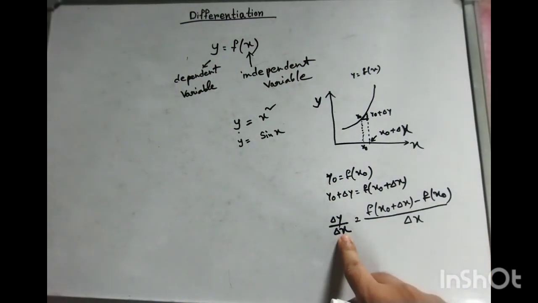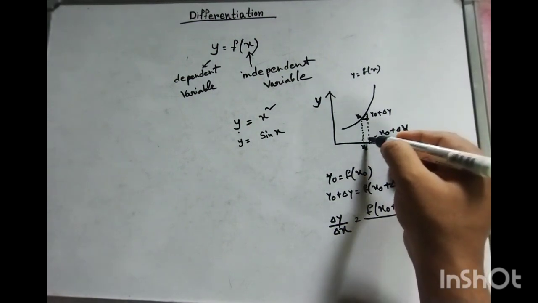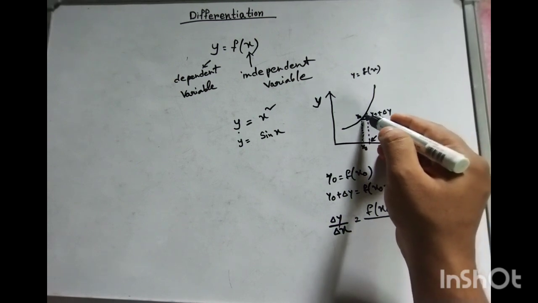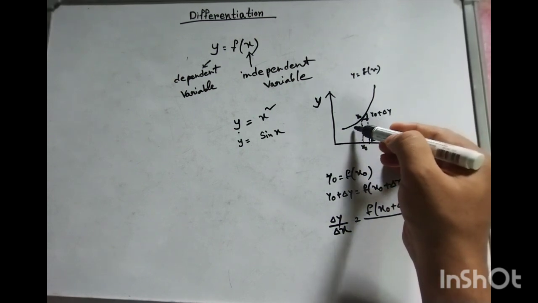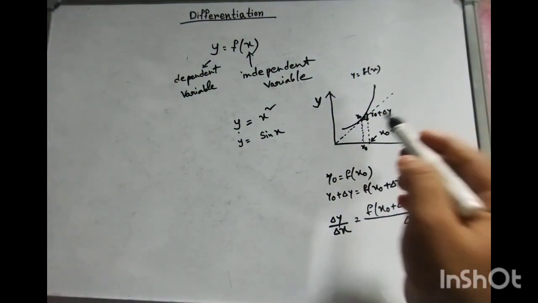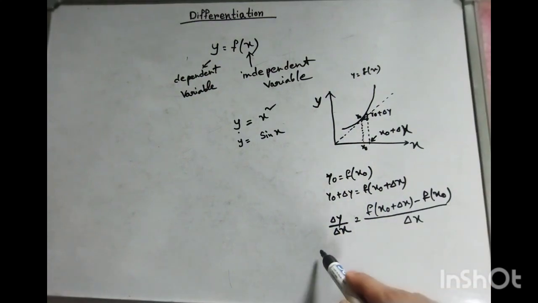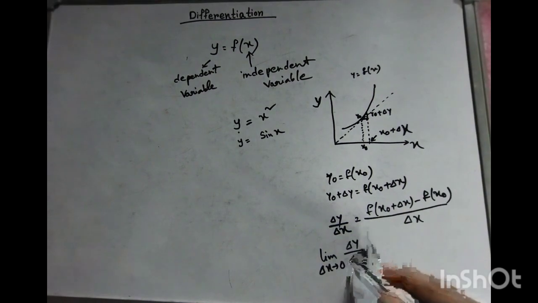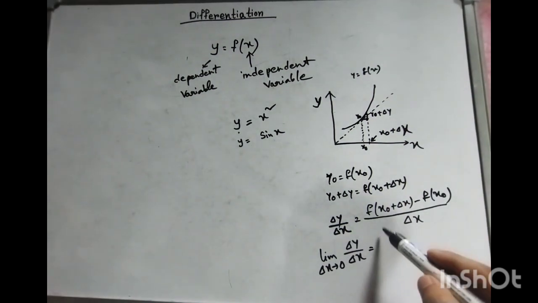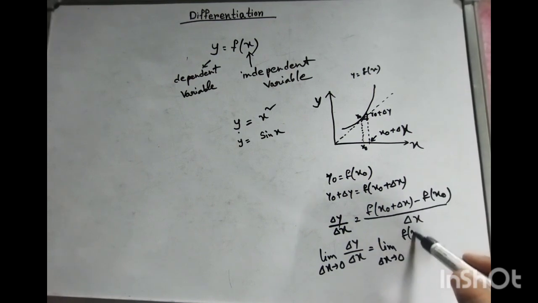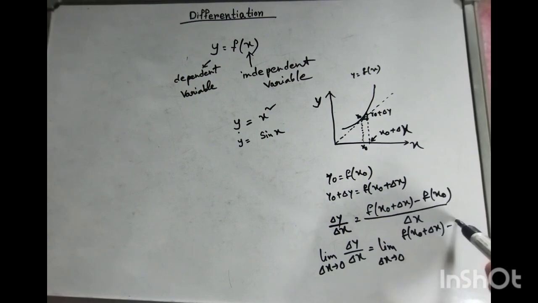Now the concept is, if you make this delta x smaller and smaller, then this slope will be equal to the tangent at this point. So limit delta x tends to 0, delta y by delta x will be limit delta x tends to 0, f of x naught plus delta x minus f of x naught by delta x,